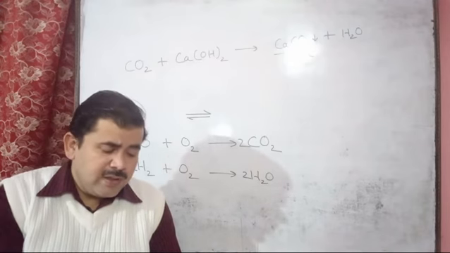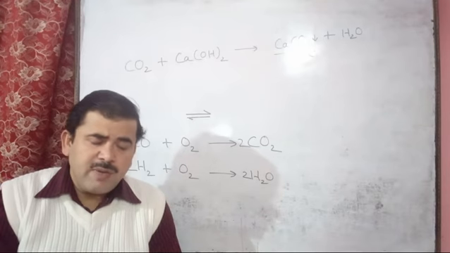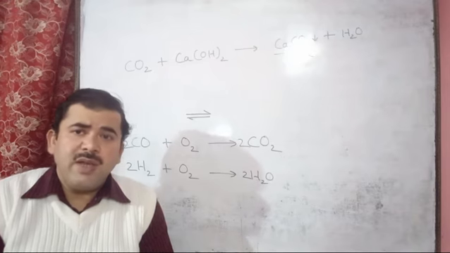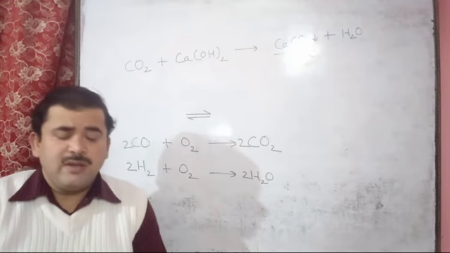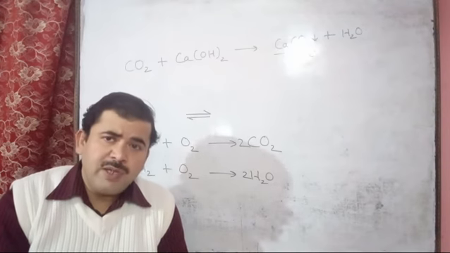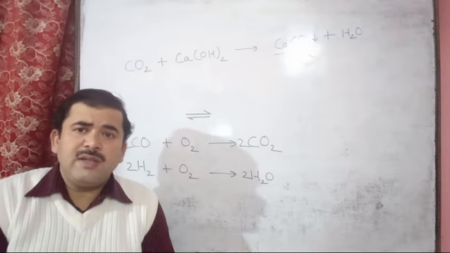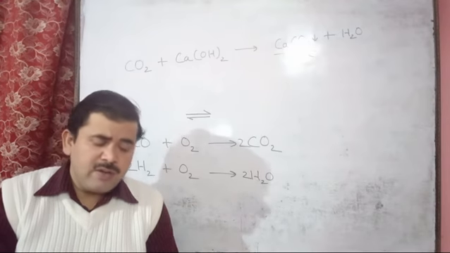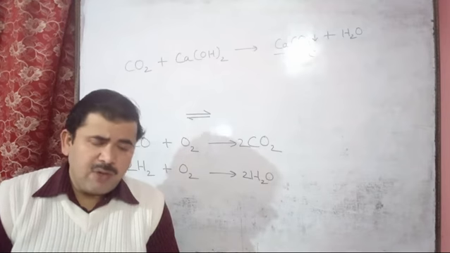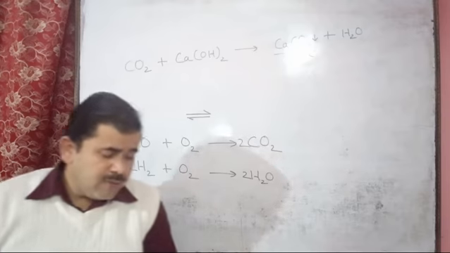So here this is the reason, though hydrogen is lighter than air, it is not collected by the downward displacement of air. Hydrogen is an inflammable gas, and this makes an explosive mixture with air. This is the reason we are collecting the hydrogen by the downward displacement of water. So in the water, hydrogen gas is immiscible, and easily we can collect it from the water, by downward displacement of water. This is the reason. Question number 4, complete the following word equation.